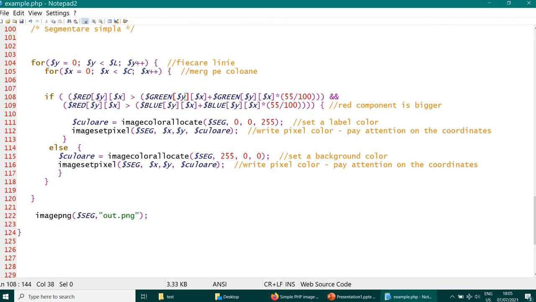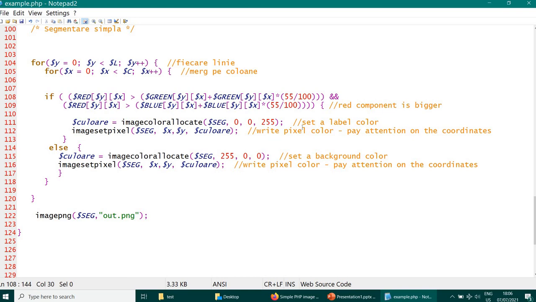So I build a threshold which checks that the red component is the predominant one, that the red component is bigger than the green and the blue components. This is what is written in this if. It's not something very difficult.